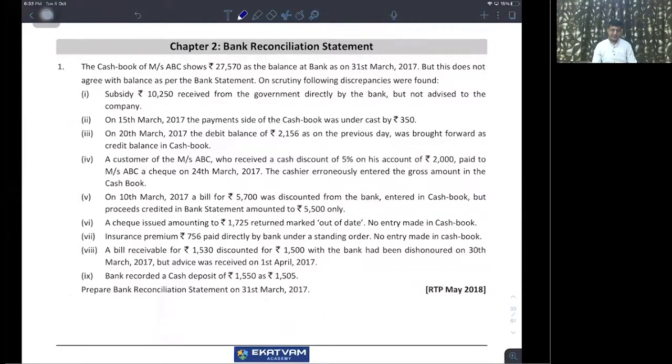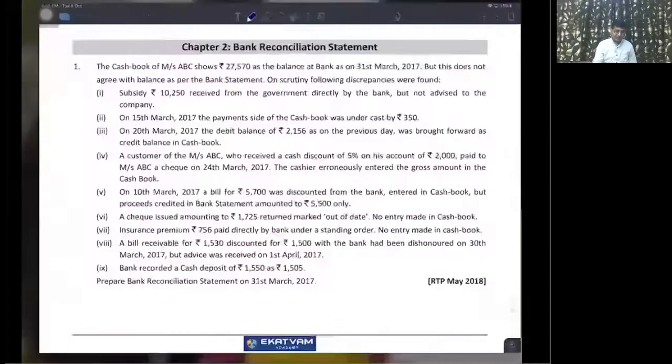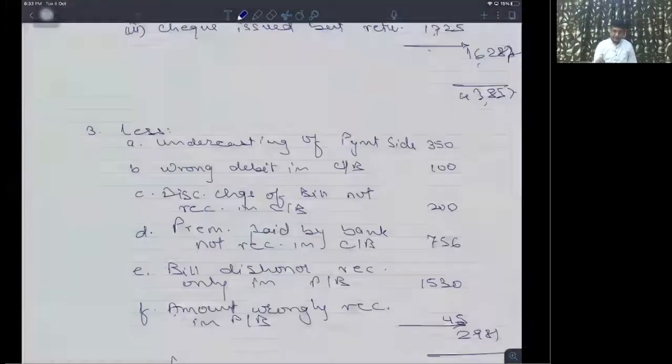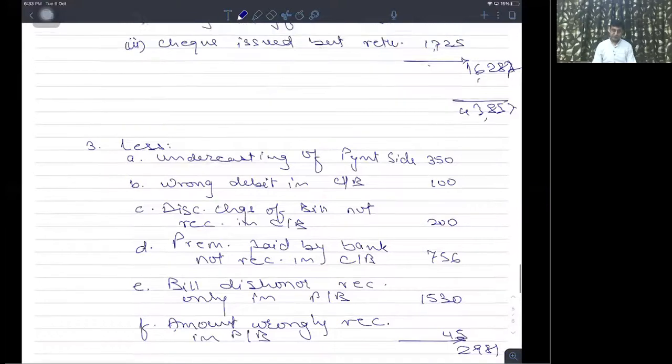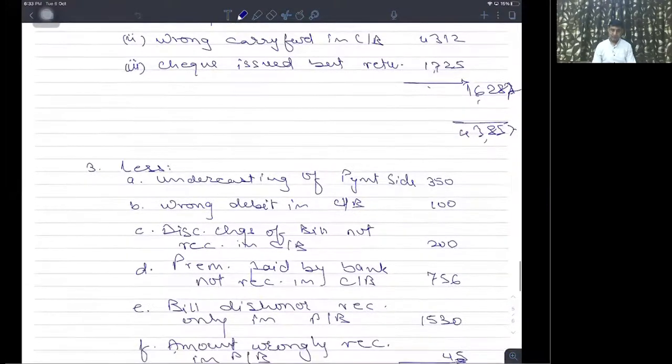A customer of Mrs. ABC who received a cash discount of 5% on his account of 2,000. 2,000 के 5% मतलब 100 रुपए तुमको डिस्काउंट दिया था। अब 100 रुपए का जो डिस्काउंट है वो भी तुमने बैंक कॉलम में रिकॉर्ड कर दिया। अब क्योंकि तुमने बैंक कॉलम में रिकॉर्ड कर दिया, wrong error in cash book or not? Discount charges of bill not recorded in cash book. Sorry, wrong debit in cash book. आपने जबरदस्ती बैलेंस बढ़ा के रखा था, वो बैलेंस अब कम करना पड़ेगा 100 रुपए से।